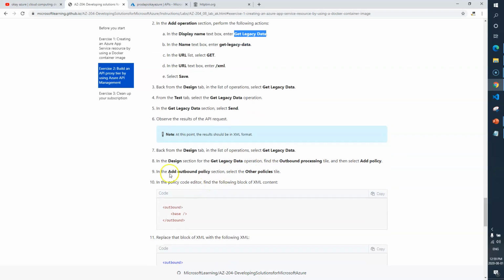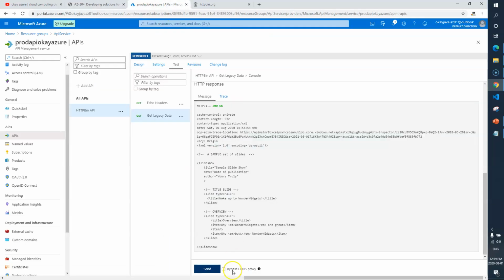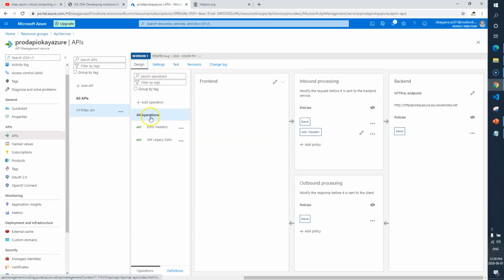Now again, in the design section, get legacy data, find the outbound processing tile and then select add policy. So now we are going to add a new outbound policy. Let me go to the design tab and select get legacy data, and then add outbound policy, which is here. Click on add policy.